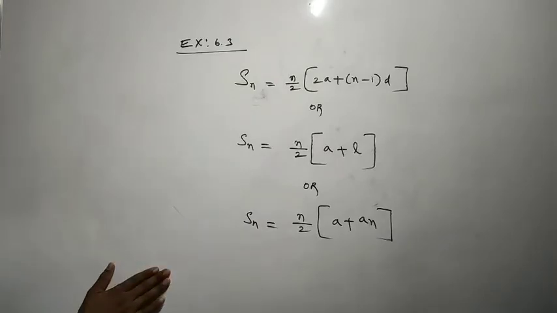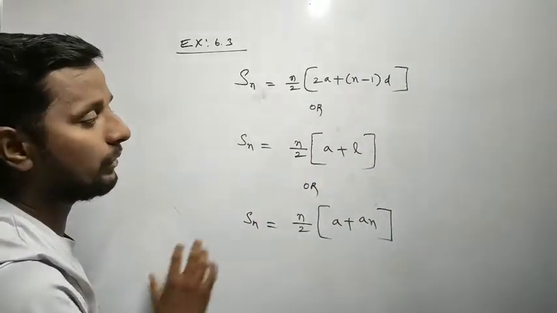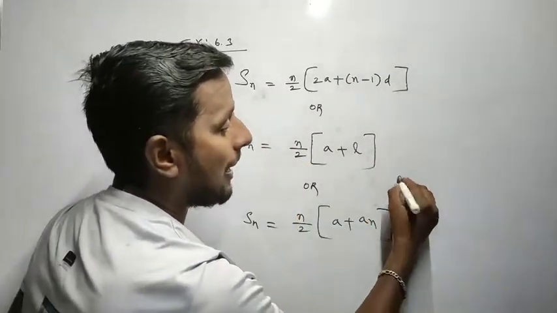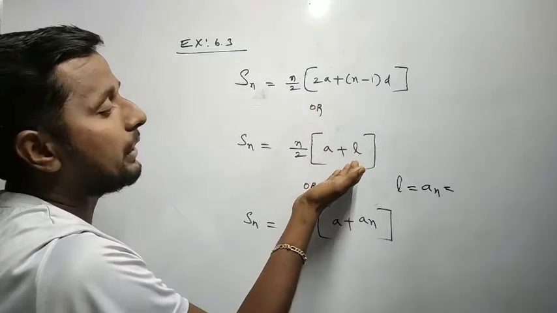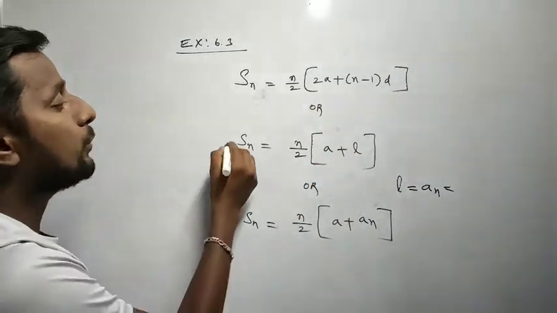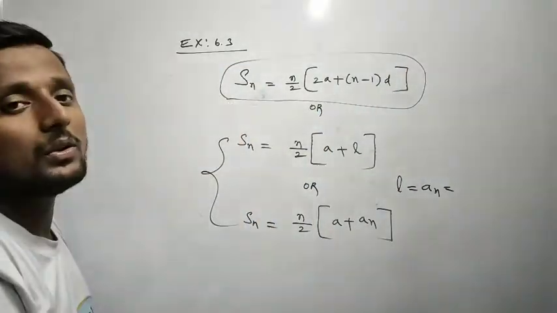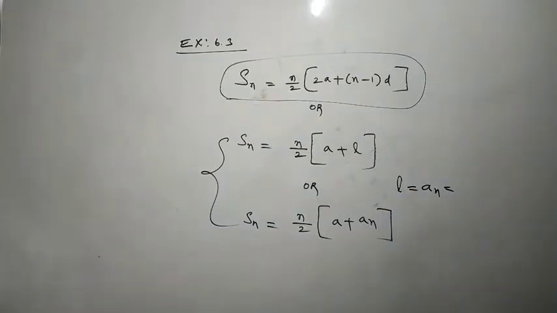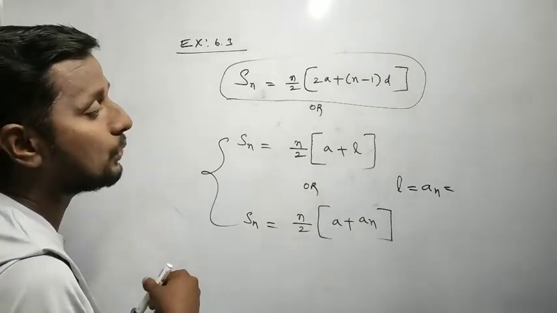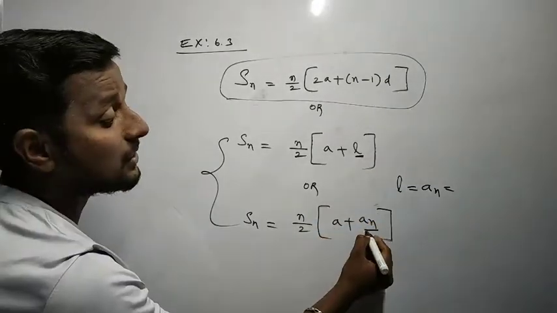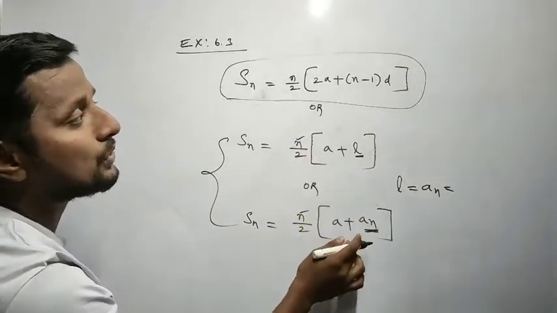So these are the three formulas. Actually the last two formulas are the same. The nth term and the last term are the same, so don't get confused. Next, when do we use which formula? Both formulas calculate the sum of the first n terms, but the below formulas are used if you know the last term. If you know the last term and the n value, then we directly use that formula.